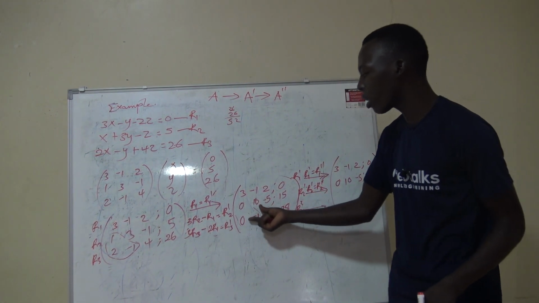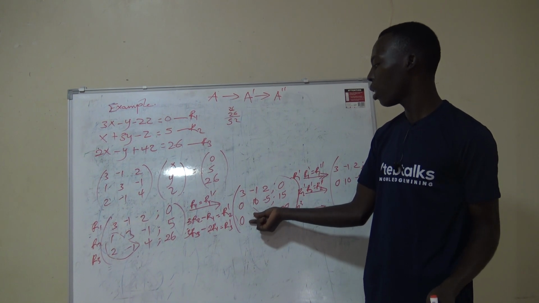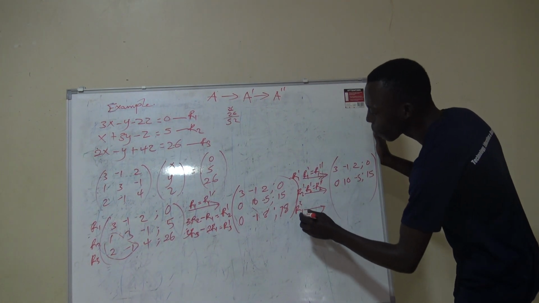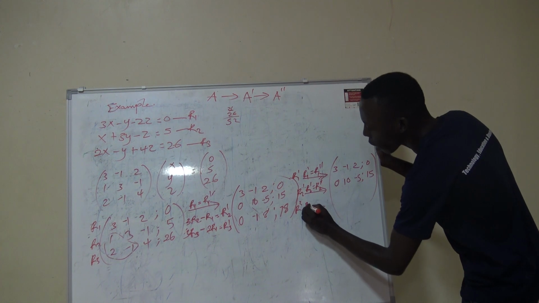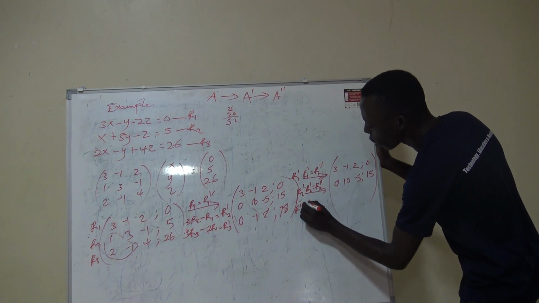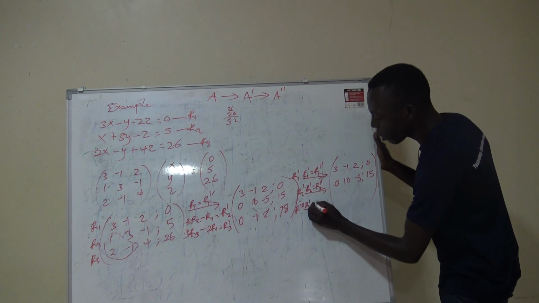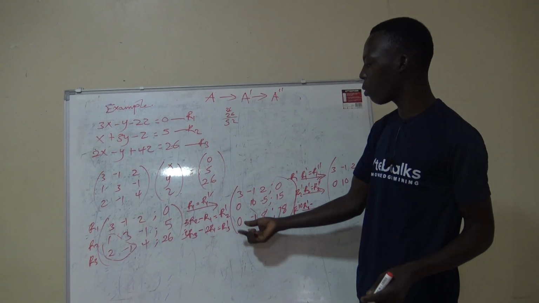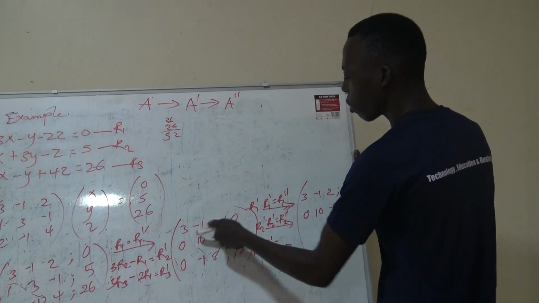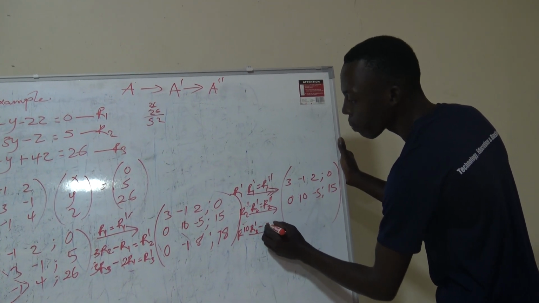For this case, we will have to make this one to be a 0. So that means you're going to multiply this one by 10 and this one by -1. For that case, it will be R3 prime, because this one we are multiplying by 10, 10 R3 prime, then minus, also we are going to multiply this one by negative, because this one is negative, also this one must be of the same sign. So this one becomes negative